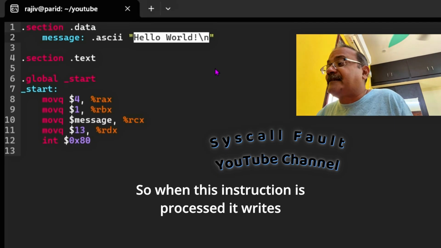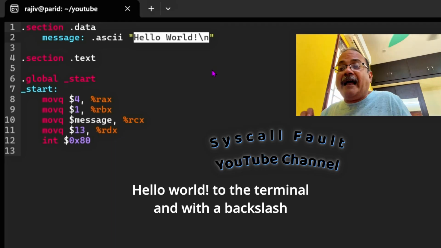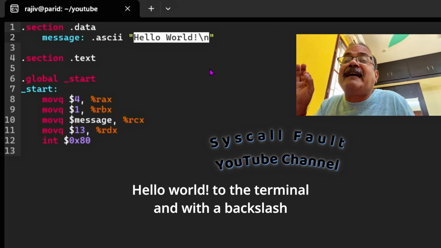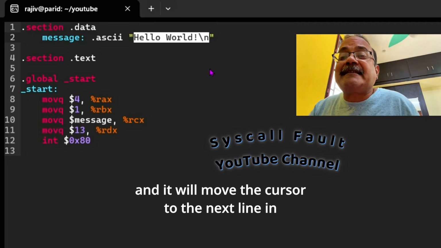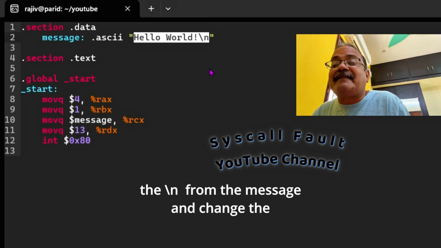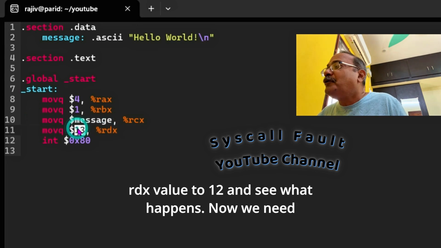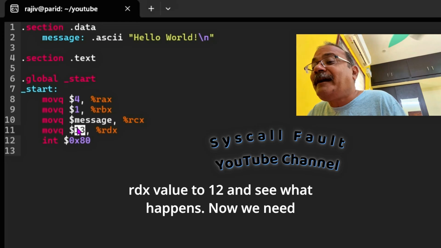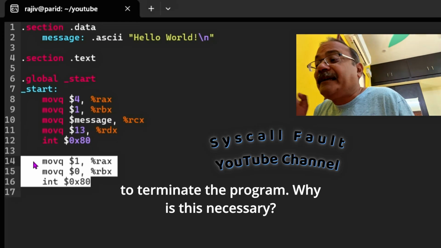So when this instruction is processed, it writes hello world to the terminal, and with a \n it will move the cursor to the next line in the terminal. As an exercise, do try to remove the \n from the message and change the RDX value to 12 and see what happens.